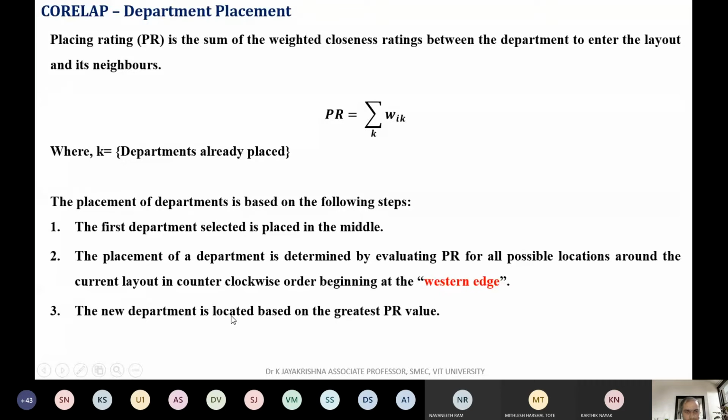In the given grid, what we are going to do is place the first department in the center or the middle, exactly at the centroid or the center point of the grid. Say for example, in the whole university, which building has to be at the center? Imagine VIT University, which building will you put at the center or the middle of VIT? MB. Main building. Technology tower. Library, sir.